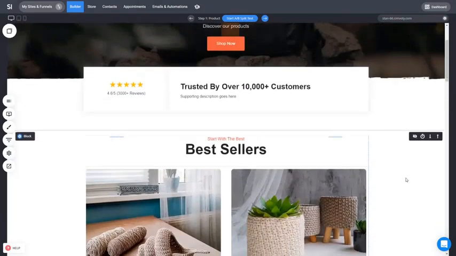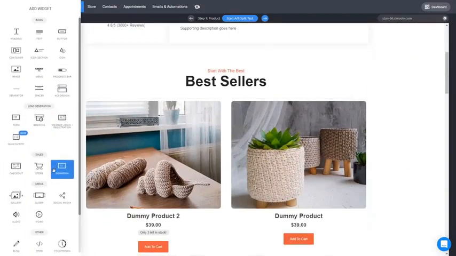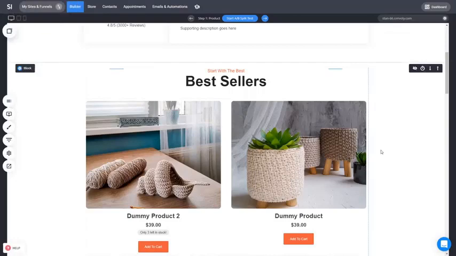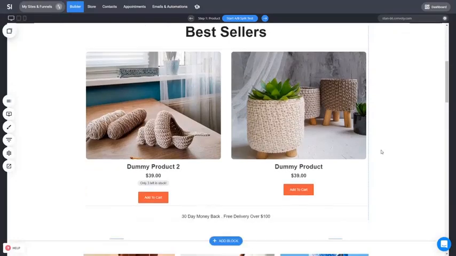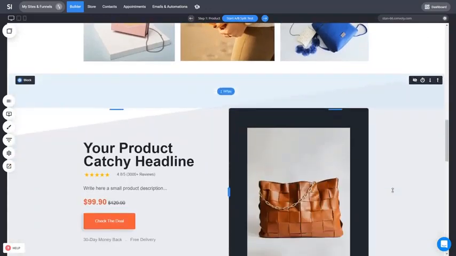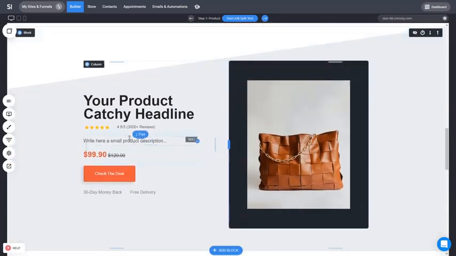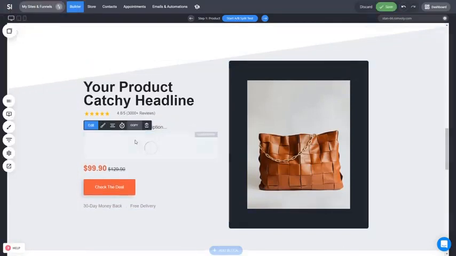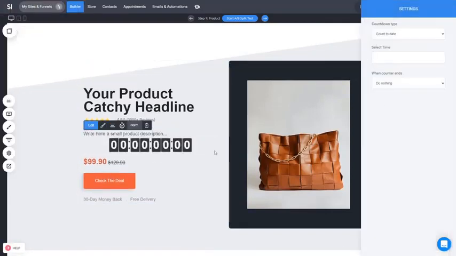Now we can also do different offers by adding countdown widgets, for example, or something like that, to drive even more conversions by having a very limited offer. Let's say, like in this example here, we have some images to showcase products, but let's say this is a very limited deal that you run here. You can simply add a countdown widget and say for how long this offer will be available,